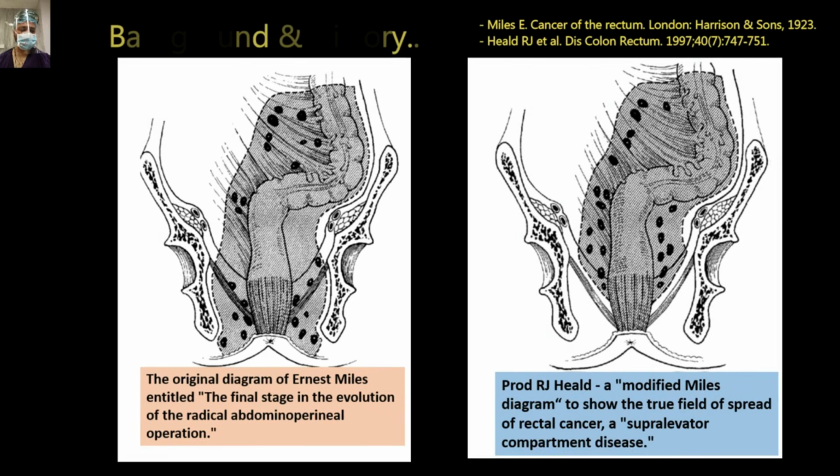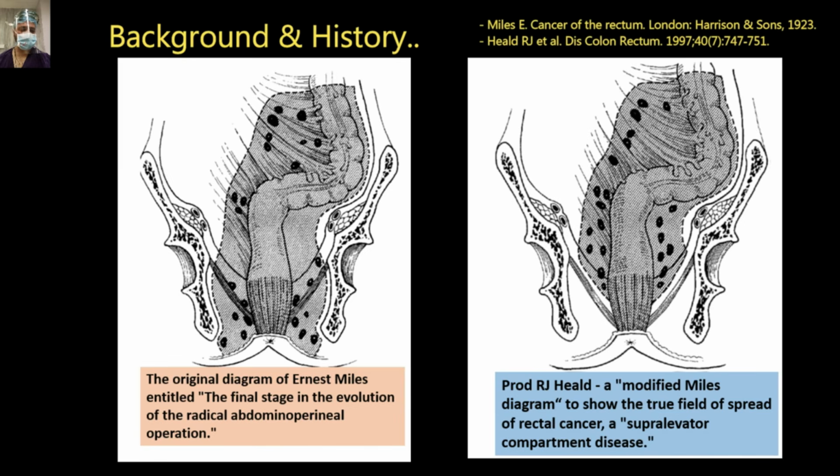So these are two historical diagrams. First is the original diagram of Sir Ernest Miles, who gave the concept of abdominoperineal excision, and is entitled Final Stage in the Evolution of Radical Abdominoperineal Excision. In this diagram, Sir Ernest Miles gave the concept that lower rectal cancers are spreading up to the skin. Later on, this was modified by Sir R.J. Heald,